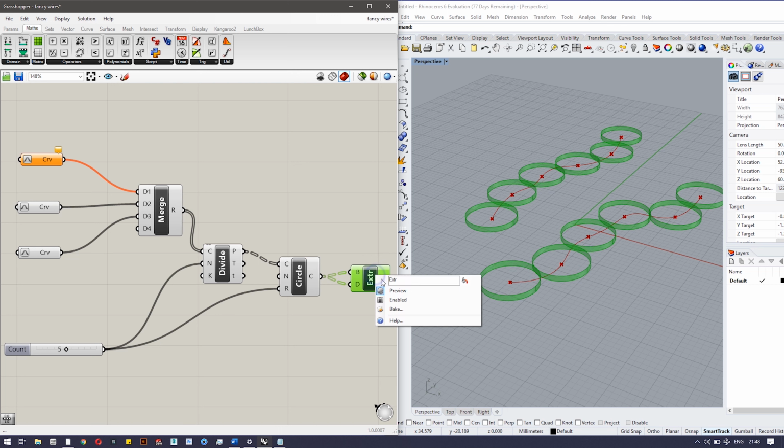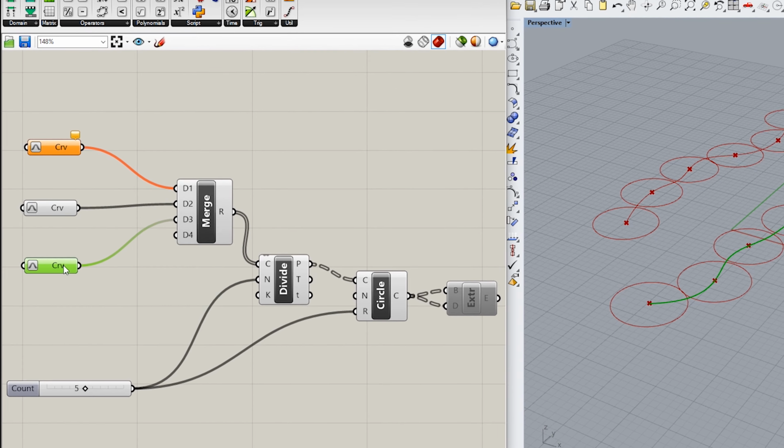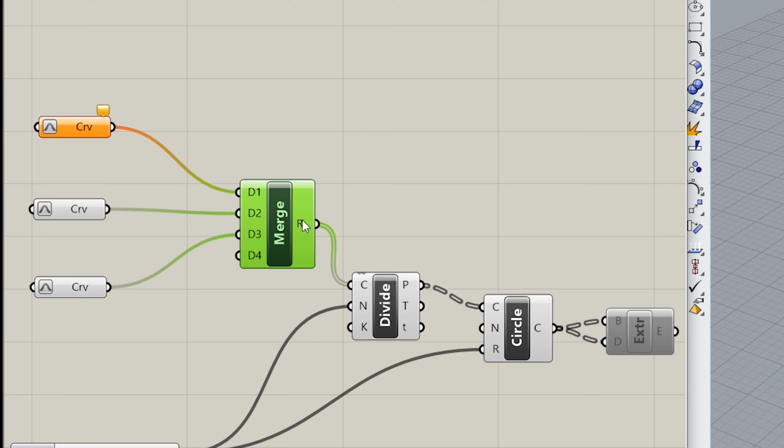In this video, I'll be telling you about these fancy wires. Let's disable these first. So let's understand the first code first. Now what I have done here, there are three curves. Their names are here. This one is in orange color because it says empty curve parameter, and this one contains this particular curve in Rhino. It becomes green when I click on this, and this curve contains this one. So I am sending all of these curves, and this one is empty, to a merge component. What it does is merge them.